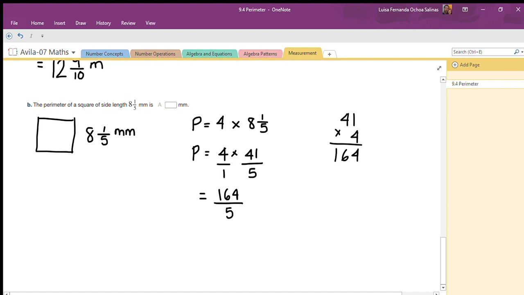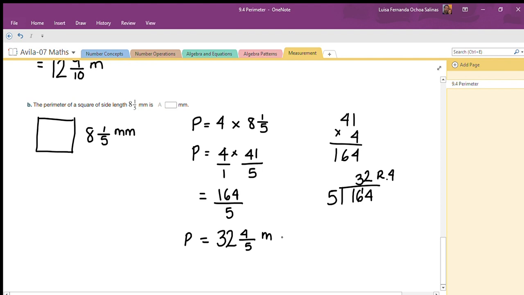Okay, and I have to change this into a mixed number. There are several ways we can do this, but I'm going to use the traditional way. 164 divided by 5 goes 3 times, then I have 1 remainder, and then it goes twice, and then I have a remainder of 4. So this perimeter is going to be equal to 32 and 4/5